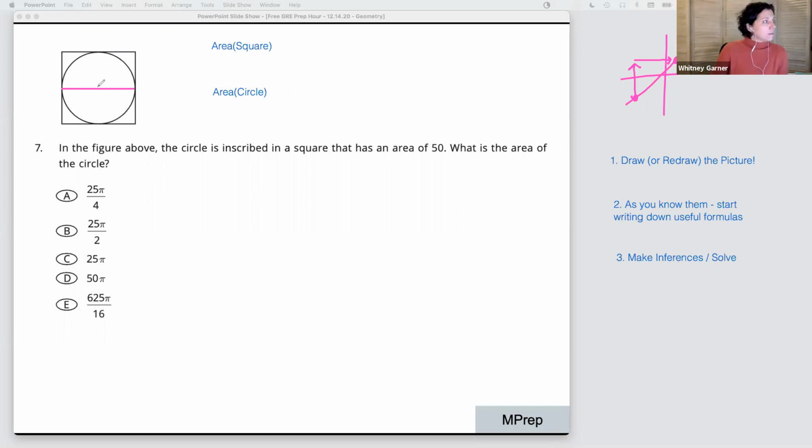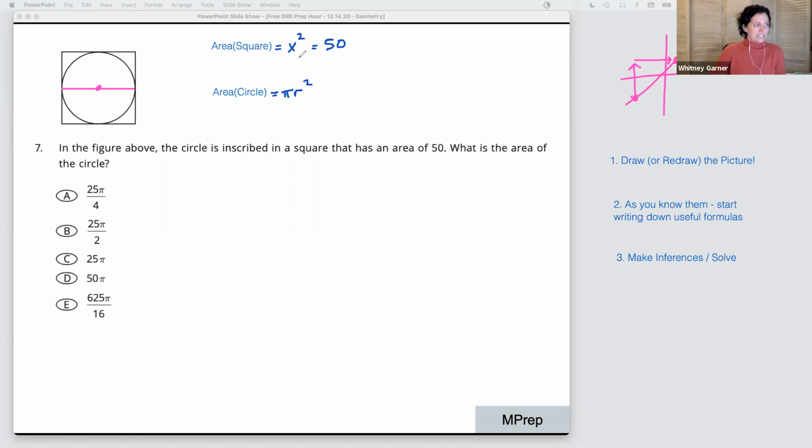Yeah, exactly. So the square has an area. Well, what is the formula for the area of a square? What's the formula for the area of a square? It's side squared. So I'm just going to call it x squared. And we already know the area of a circle, which is pi r squared. And we know that if this side is x, then r is half of that. All right, well, we'll start with the area of a square. That's x squared. That equals 50, which means,